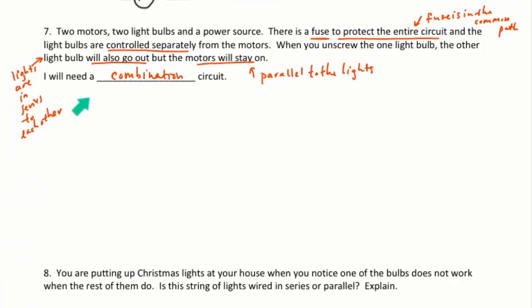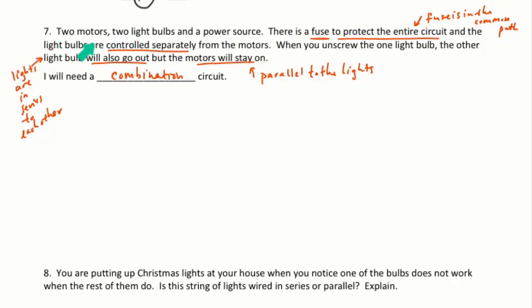Okay, next question. Two motors, two light bulbs, and a power source. We're getting fancy here. There's a fuse. That's important. Notice that it says it protects the entire circuit. That means that fuse has to be in the common pathway for all of these. Just put it next to the power source. That's the easiest way, so that the power has to go through that fuse before it ever reaches any of